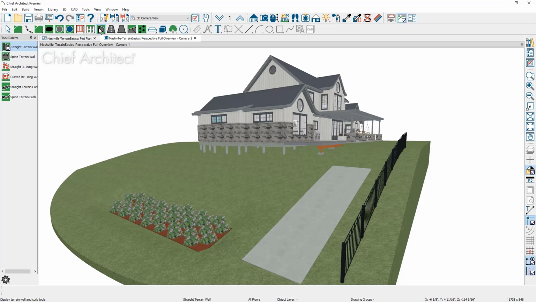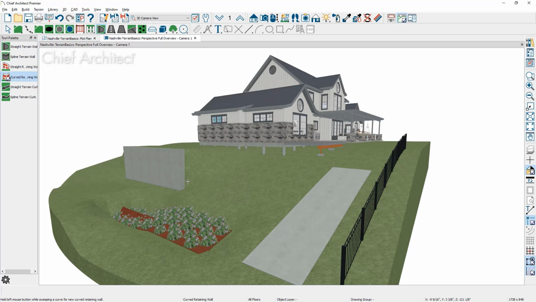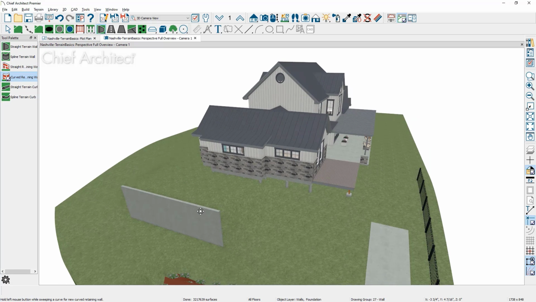With the straight terrain walls, I click and drag across this area. The terrain wall works much like the fence. It sits on top of the terrain and will follow the contour. Let me delete this and then use the retaining wall and do the same thing. We'll click and drag across. The retaining wall actually holds back the terrain, and you can use this retaining wall tool to adjust your terrain. You'll find road and driveway tools as I go back into the floor plan view to create these.